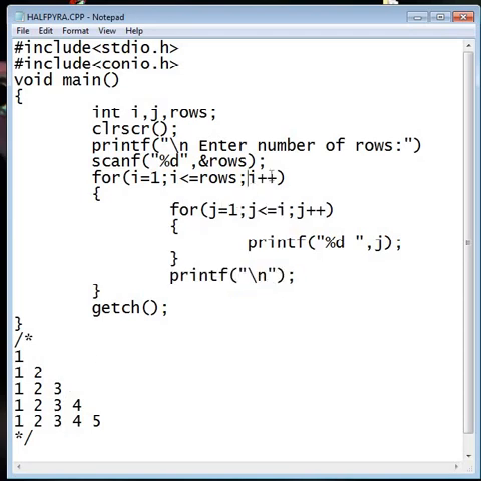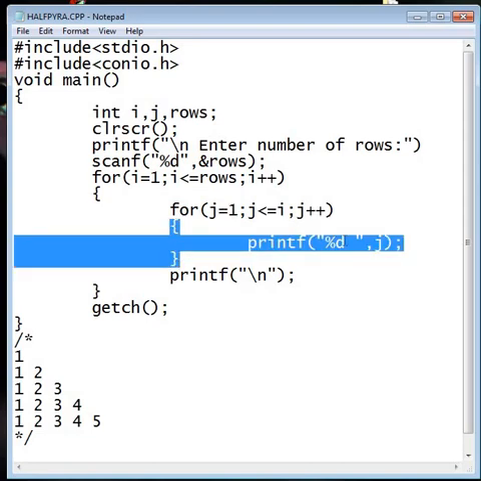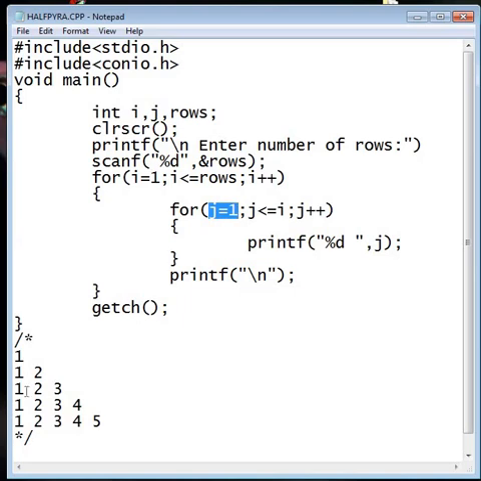After that the value of i will be increased by 1, that is 3. Again for the value of i equal to 3, it satisfies the condition and enters the inner loop, and again the value of j is initialized from 1, and the body of the loop will execute for j equal to 1, that is the value of j will be printed, that is 1. Then for j equal to 2, the value of j will be printed, that is 2, and for j equal to 3, the value of j will be printed, that is 3.